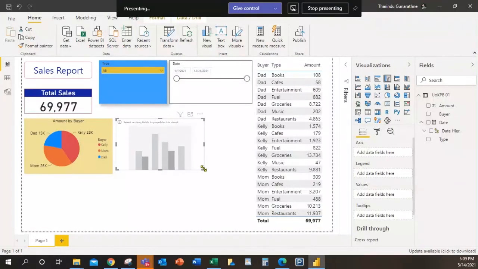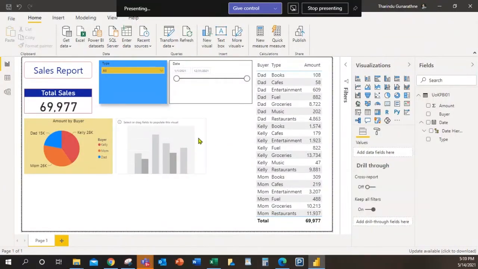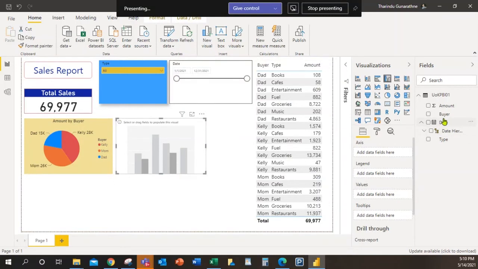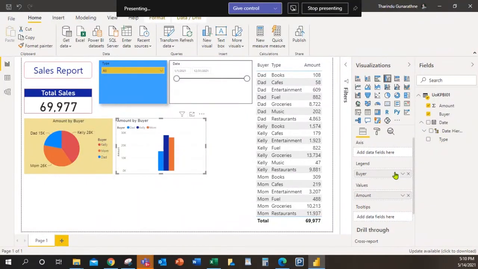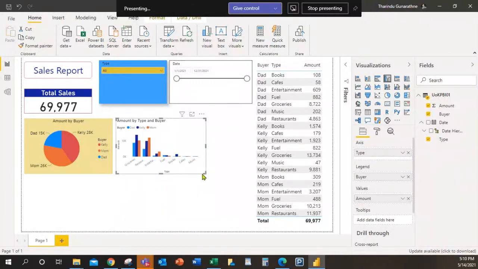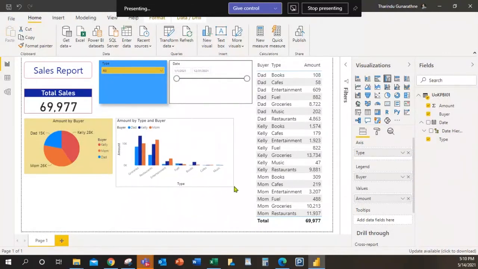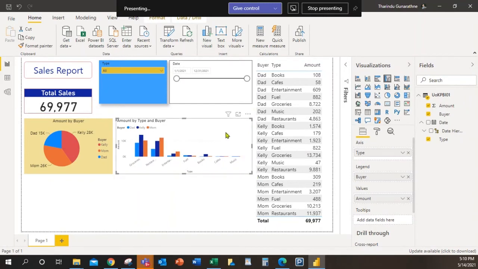Now I'm going to add values to this. Anyway, value is amount, and let me add buyer as the legend and the type as the axis. Let me increase the size.